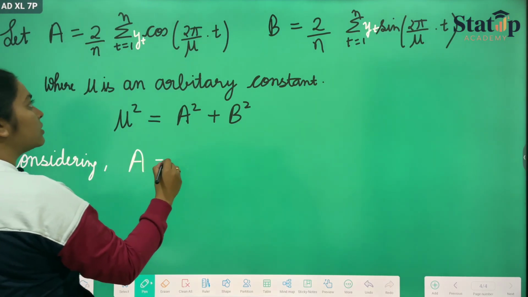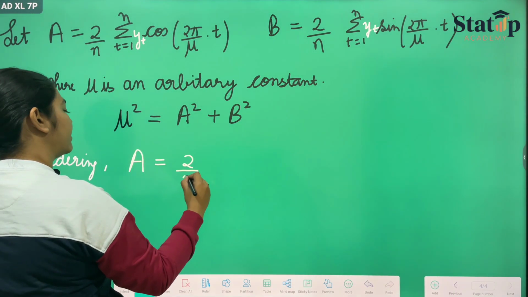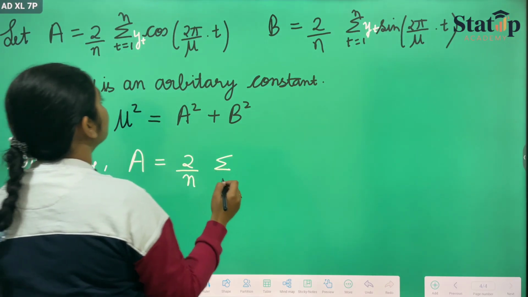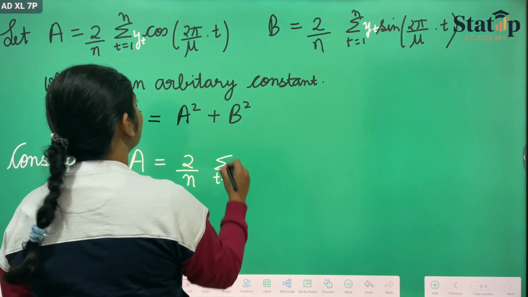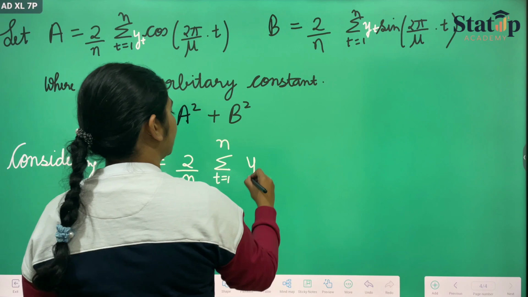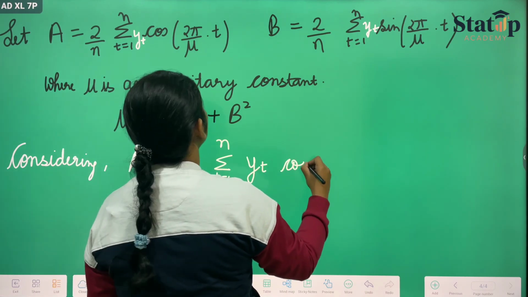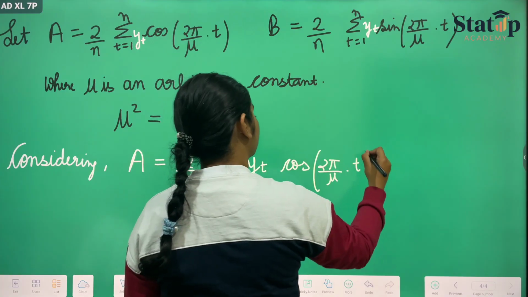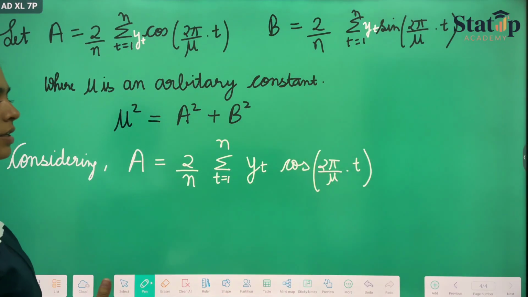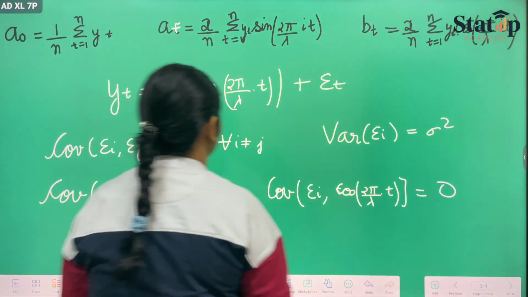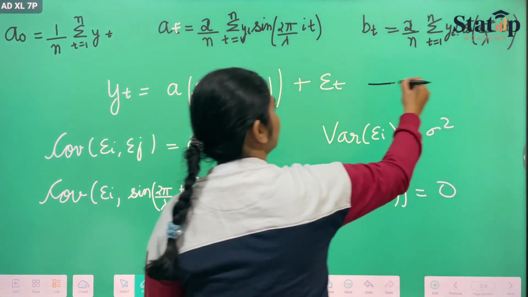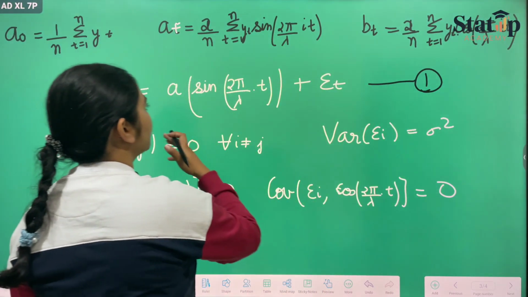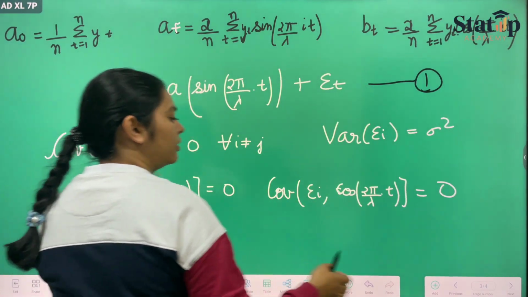Capital A is equal to 2 by n summation t goes from 1 to n y_t cos 2 pi by mu into t. Now replacing y_t from this equation. Let us keep this as equation number 1. So replacing y_t from here, we will be getting